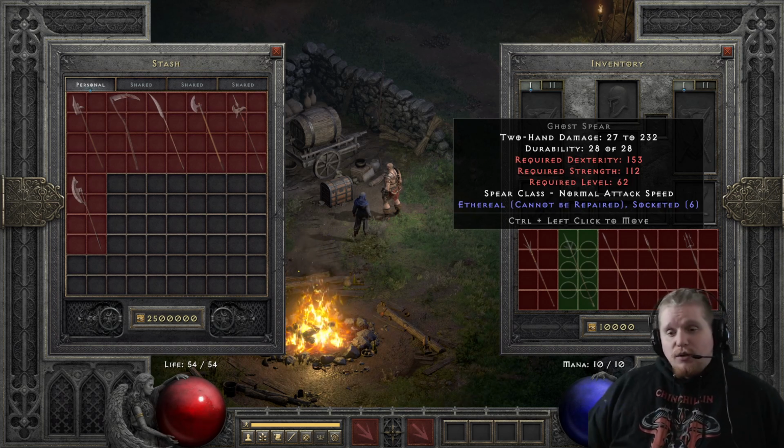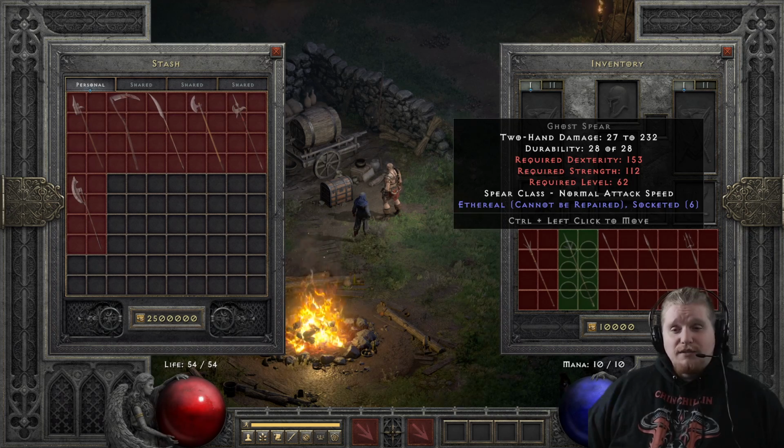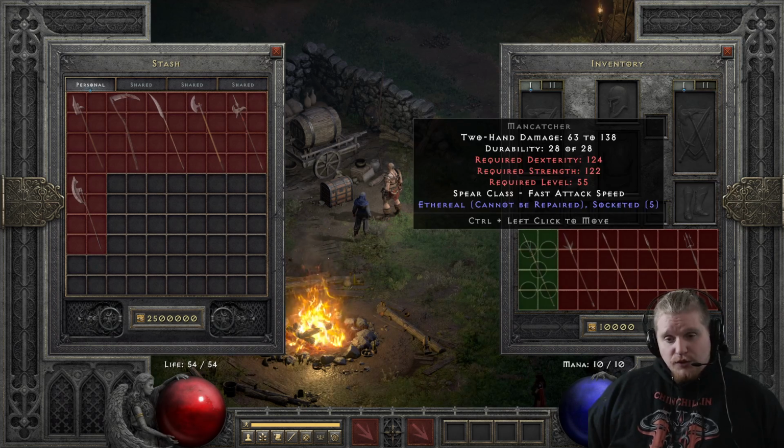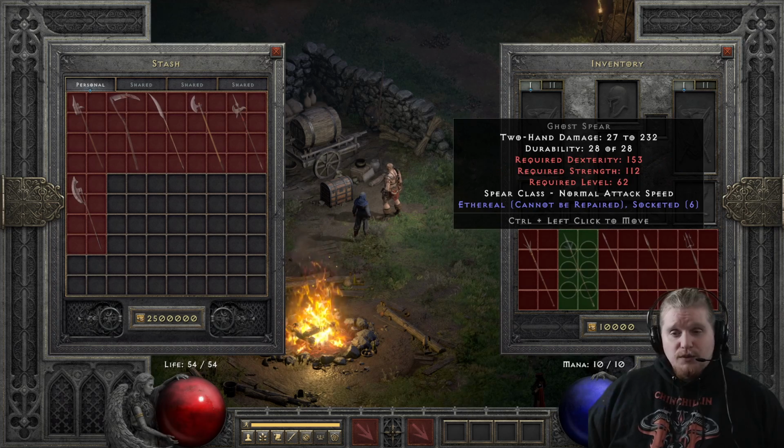So if you were going to go with a high damage output polearm as opposed to a fast polearm, the Ghost Spear, spear, my bad, not polearm. If you're going to go with a high damage spear instead of a low damage, fast spear, you definitely wouldn't want to pick the War Pike, in my opinion. You would just want to pick the Ghost Spear, because the Ghost Spear is 20 faster on its speed for